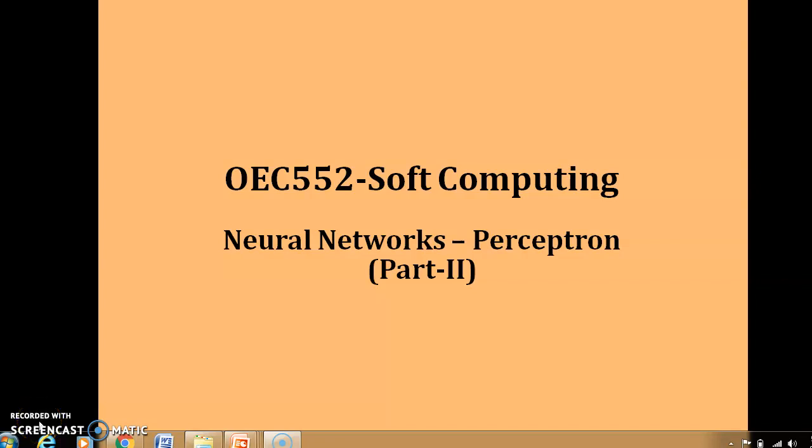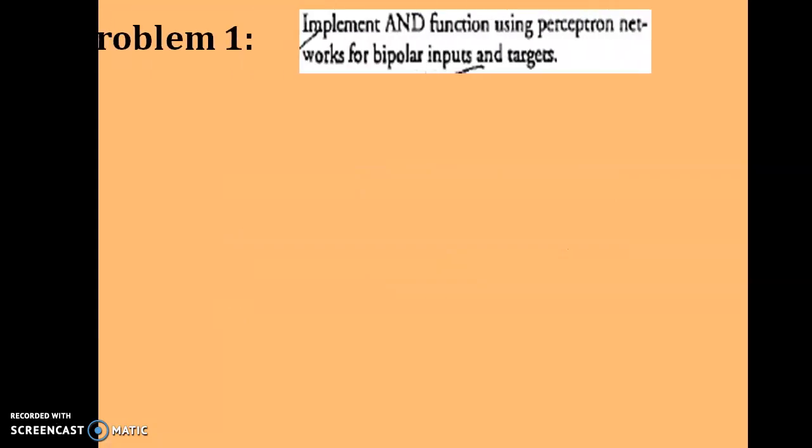Hello learners, in this video we are going to discuss the logical AND function implementation by using perceptron neural network. In the last class we already studied what is perceptron, how to implement the perceptron in the neural network, what is the architecture, what is the flowchart and training algorithm. Whenever the calculated output is not equal to target output, by using Hebb rule, how to update the weight in the perceptron we already saw. In today's class, we will start with the problem of how to implement the AND function using the perceptron neural network.